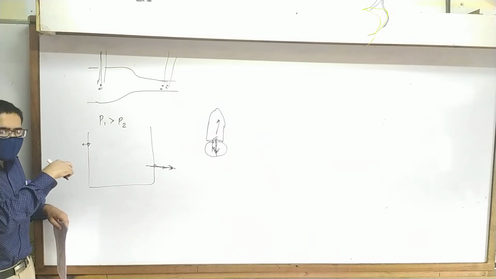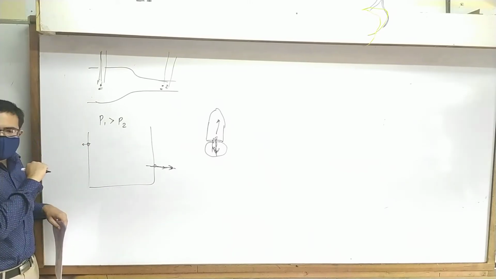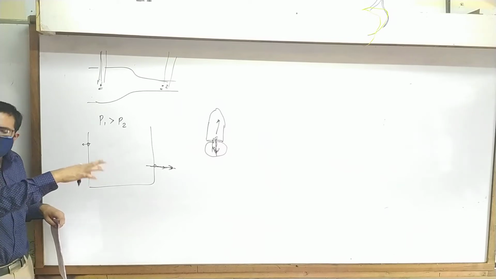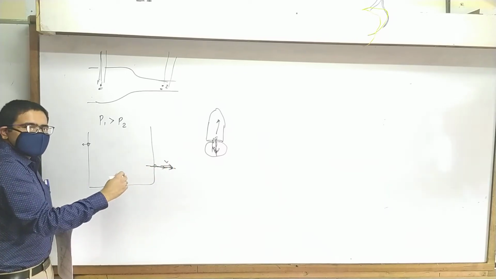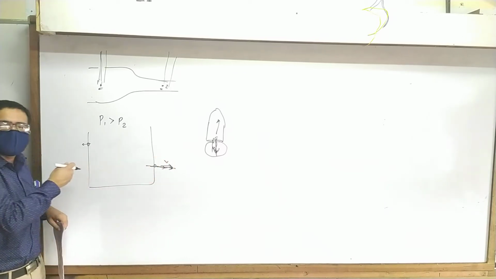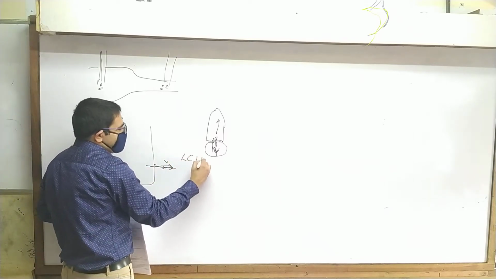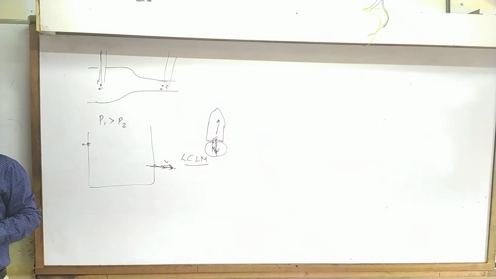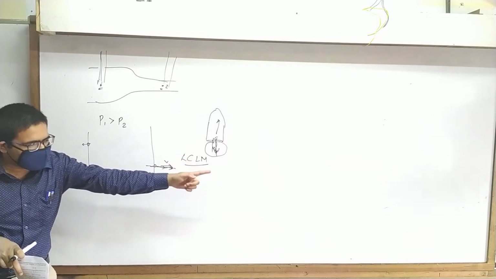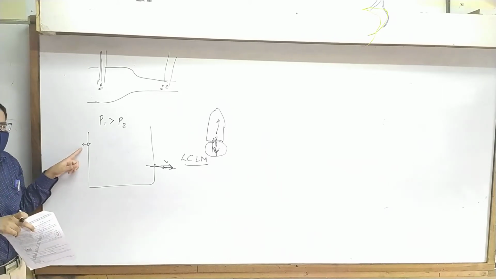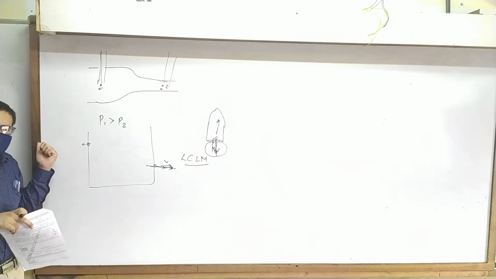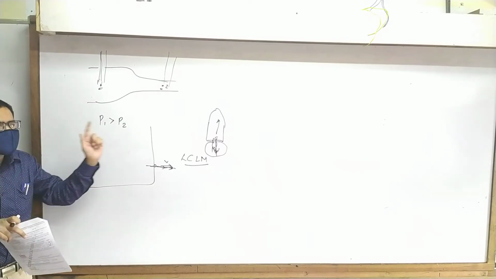Or if we say that you are not doing anything, there is no horizontal force, and yet fluid starts to come out with some velocity v. When that happens, there should be an opposite momentum. Otherwise, hopefully you still remember the law of conservation of linear momentum: the total momentum of an isolated system should remain constant. So without any force, whatever momentum is gained must be in the opposite direction. Otherwise, the law is violated. Same thing will happen with this force. When fluid comes out from the left side, it will push the vessel towards the right.